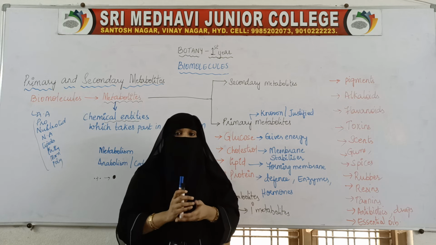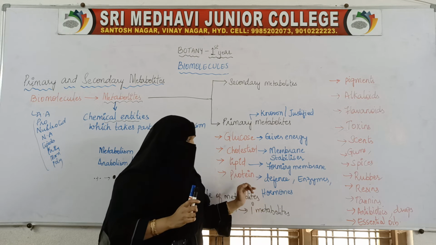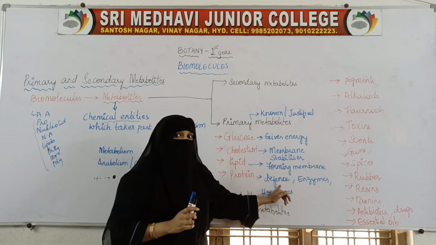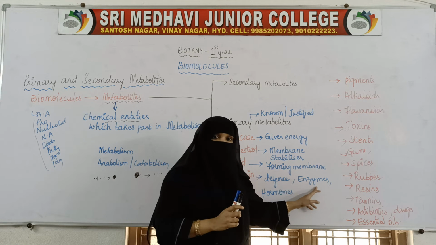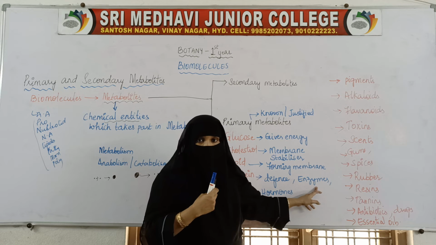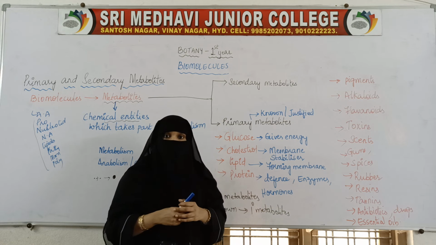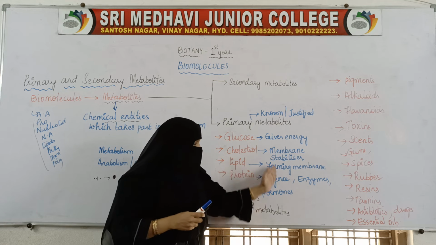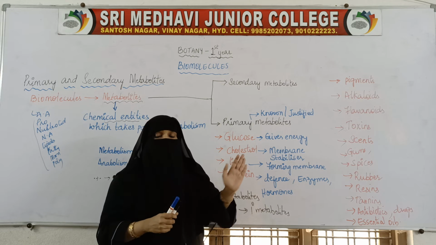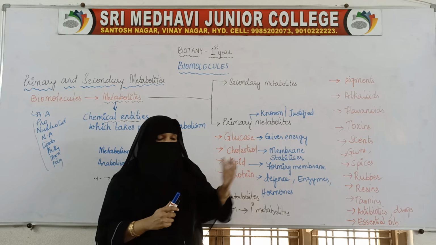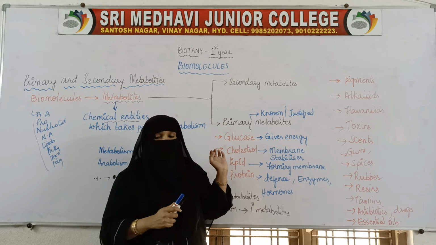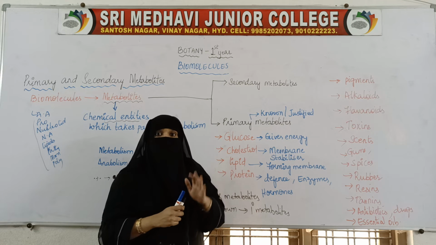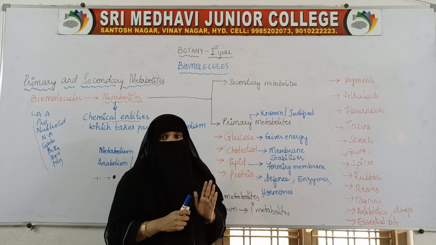But here what I am trying to tell you is that the role of protein is known. If this is the protein, then what is the role of protein? It is helping in fighting with the diseases. What is the role of this protein? It helps in the digestion of food material by forming the enzymes. It helps in the growth of the living organisms. For each and everything you see, the role of these metabolites or biomolecules, which are also called metabolites because they help in metabolism, is known. We know the role.